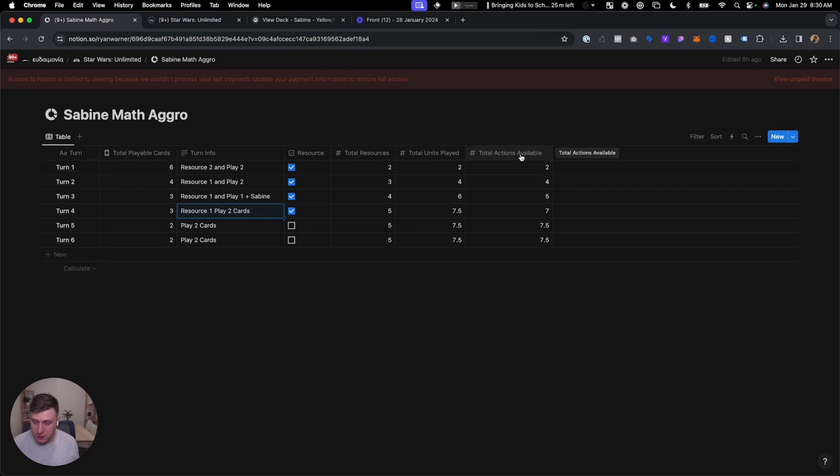Like the more units you produce and the more things you can pump out, the more actions you have available to you, your turn becomes more flexible. Each turn becomes increasingly more valuable. Obviously, none of these numbers take into account control, removal. I just kind of wanted to calc it out without any other items at play. And I think by breaking this out, you can see the total actions available and total units played after turn